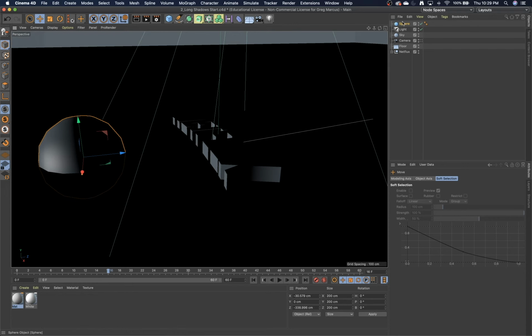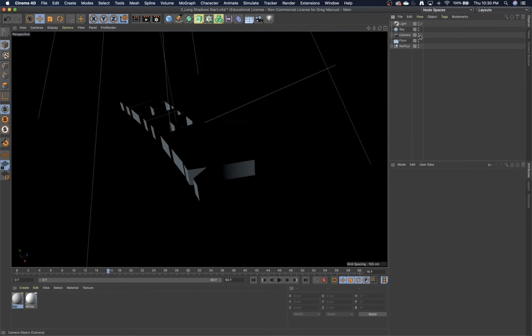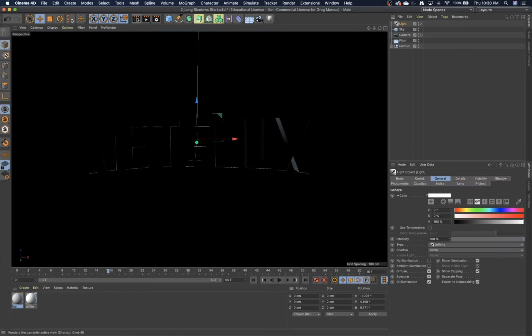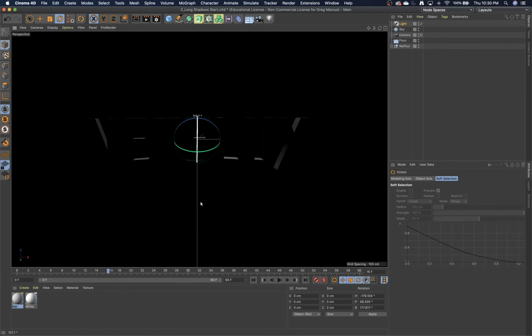Okay, so I'm going to go ahead and delete this sphere. You didn't have to create that. And then I'm going to look back through my camera, and we need to adjust this light here. It does not matter where the location is, so I'm not going to bother to move that. I'm going to rotate the light down